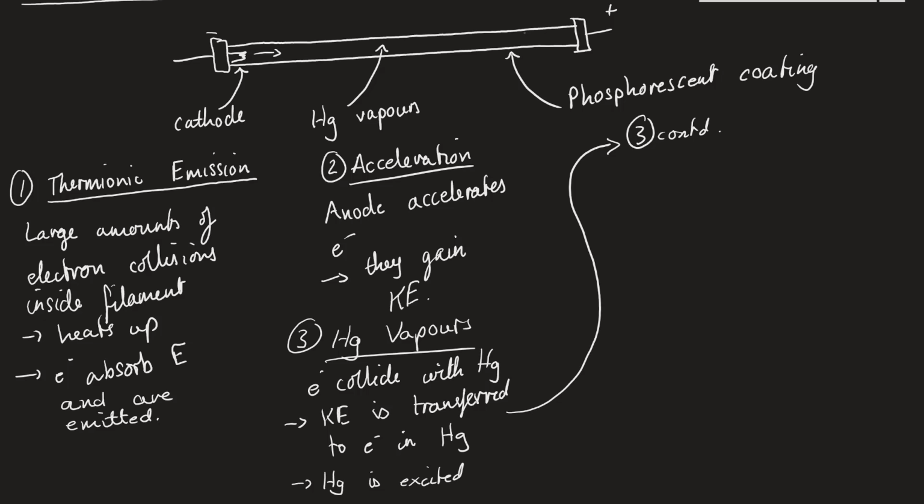Or it could collide with an electron, or collide with the atom in general, and cause an electron to gain enough kinetic energy that it jumps up to a second energy level. That's why it becomes excited, because it gains all of that kinetic energy from that collision. And when it becomes excited, we know things aren't very stable when they're excited, so it de-excites and it emits. So the mercury de-excites,